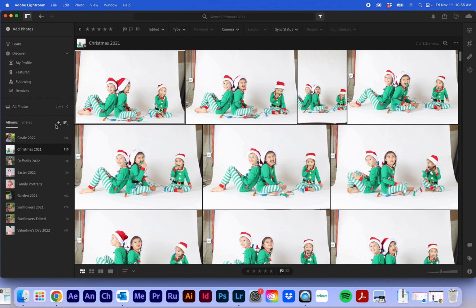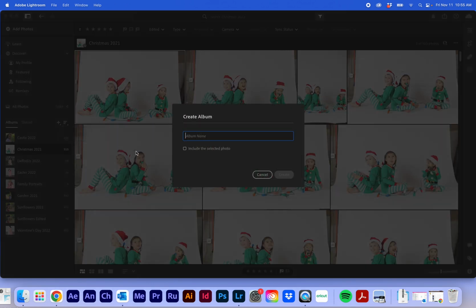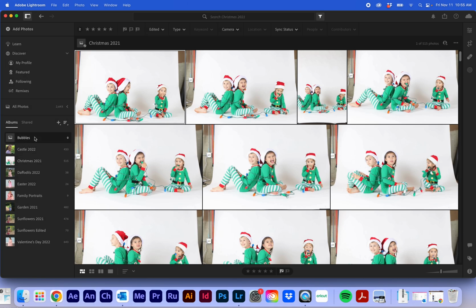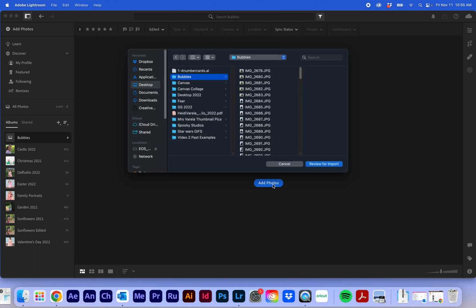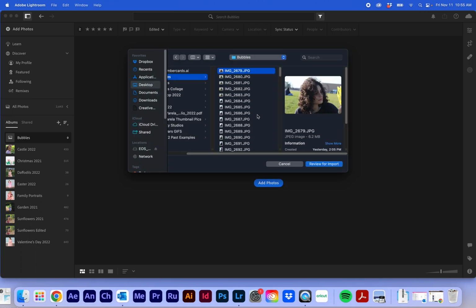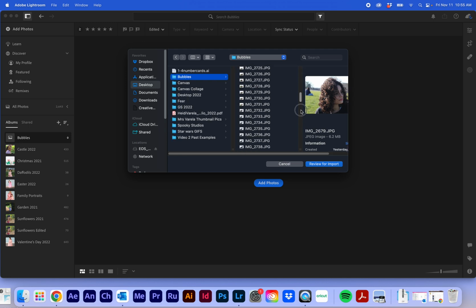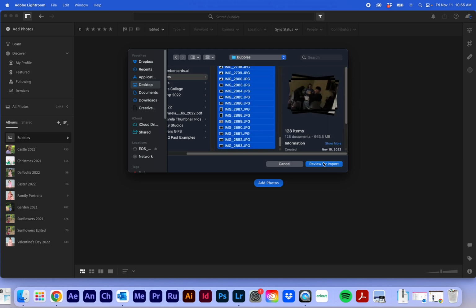So next to albums, I'm gonna hit the plus and say create album and say Bubbles. Say create. Okay, I'm going to select that album and say add photos. I'm going to go to desktop Bubbles. I'm going to select the first one, hold down shift, and then I'm going to select the last one